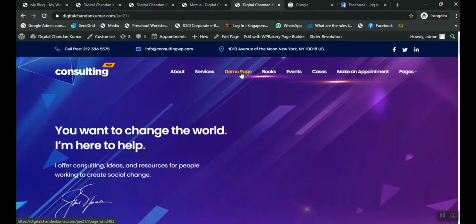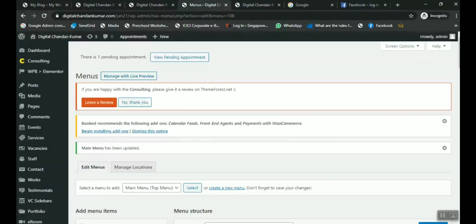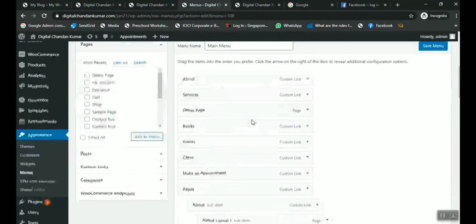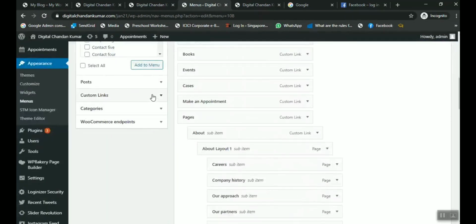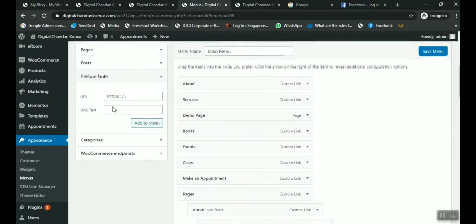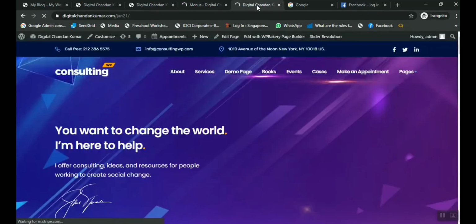So if you want to put some external menu, meaning outside the website, simply we go to the menu again and click here and search for the custom link. Simply click on custom link. I will put here Google as an external menu, https://google.com, and I write here Google. Click on add menu and save the menu here from the right section, and I will refresh the website and see whether the Google word comes after the pages or not.